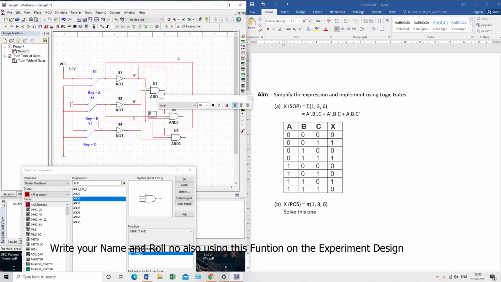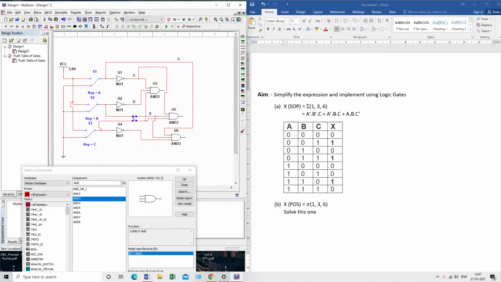This is B. C is already defined, and this one will become C dash. So copy C, and this one will become C dash.